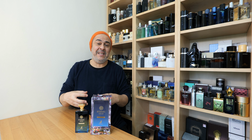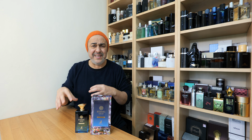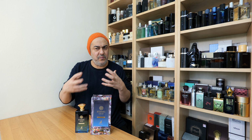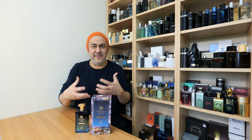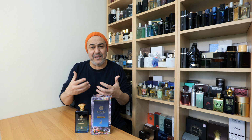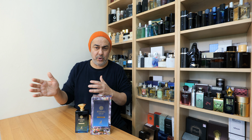Yeah, so I can smell many resins in here. So there's probably frankincense, there's myrrh, there's oud, there's labdanum in here. So many resins, and also that earthy feel to it, and it's a bit of greenness to it as well. Overall, it reminds me of very close to